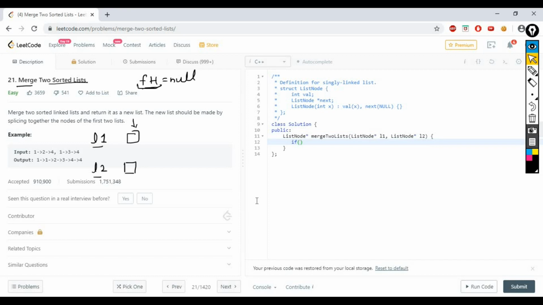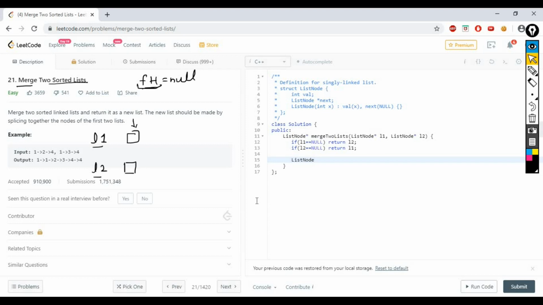If my linked list 1 is null, that means it does not exist, then I can simply return L2, and just the opposite of this: if linked list 2 is null, then we can return linked list 1. Simple, right?